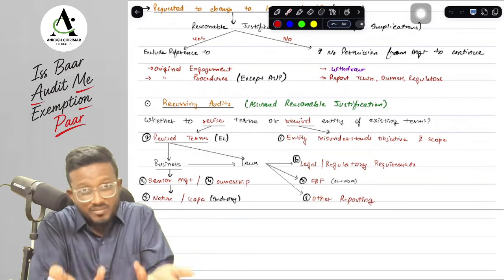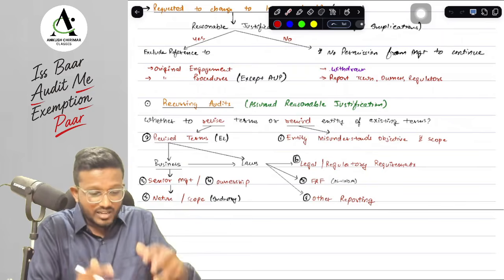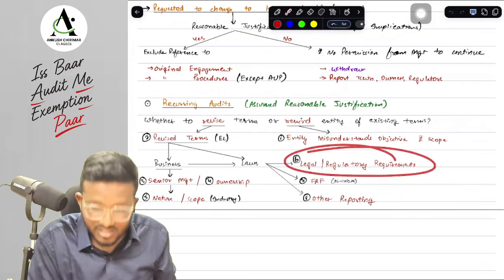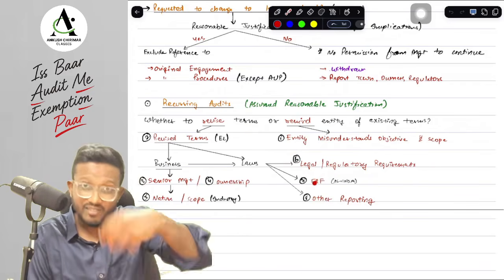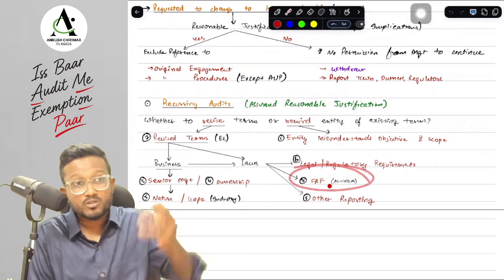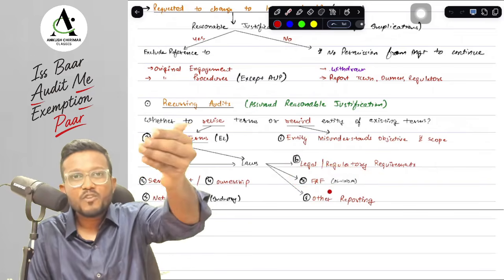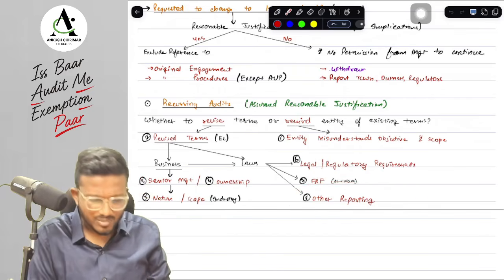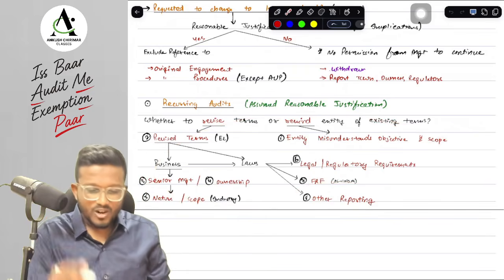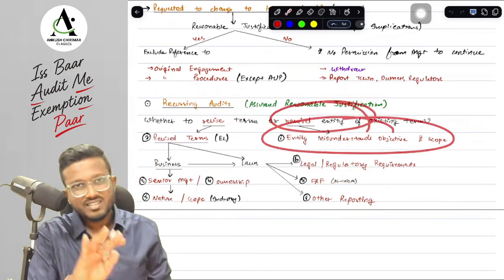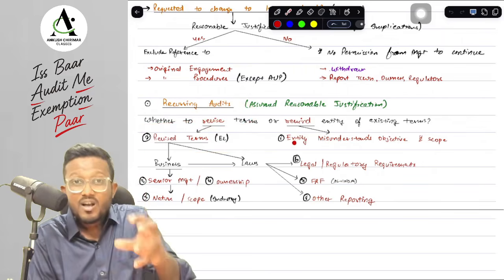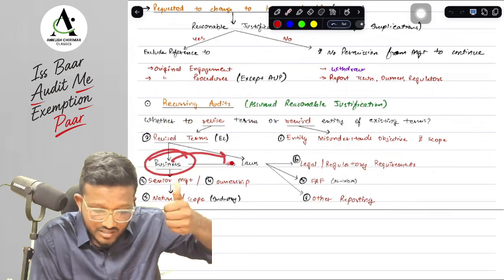If there is a change in ownership, then we need to send the engagement letter. If there is a change in senior management, then we need to tell them what the engagement letter is. If there is a change in the applicable legal and regulatory requirements, then we need to change the engagement letter. FRF change, suppose from AS financial statements they are going to India's financial statements, we need to change the engagement letter. Any other reporting requirement, we need to change the engagement letter. How will we learn this, sir? First, in terms of reminding, if the entity is misunderstanding, then we need to remind. In terms of revising, if there is a revised engagement letter term. Now, if there is a change in business, or a change in laws on the business.